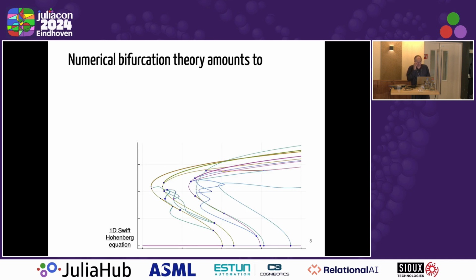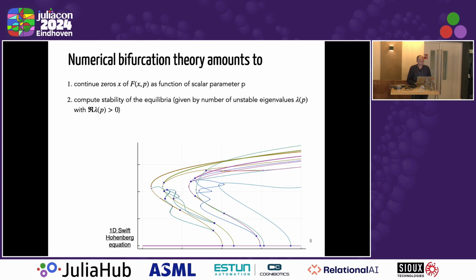So this was the math, but numerically, how do we do this? We continue the zeros of a function as a function of a parameter, p. We compute the equilibria, so we compute the spectrum of the Jacobian. We detect when we have a bifurcation, meaning that we detect the number of unstable eigenvalues. If we have a 0